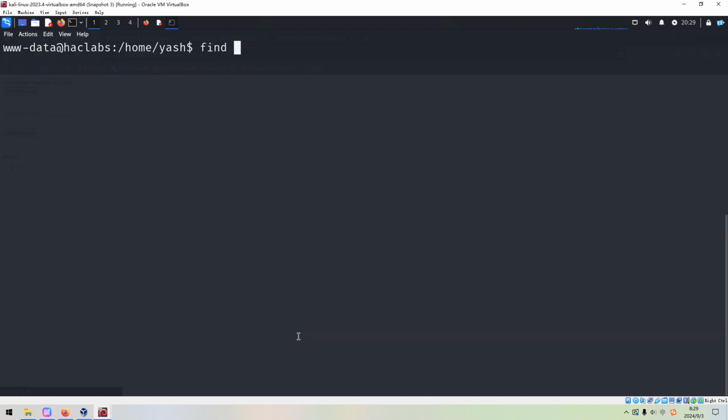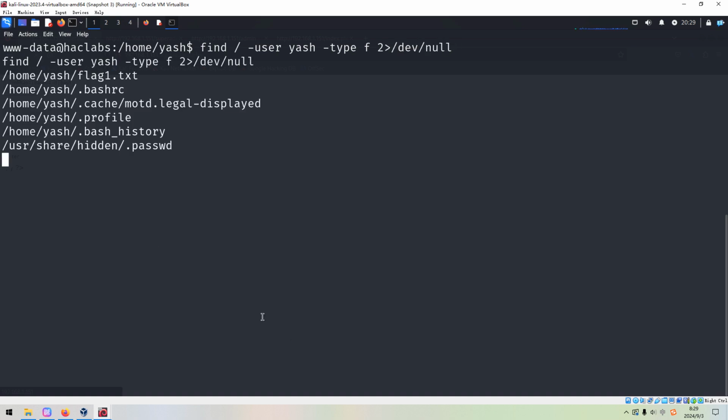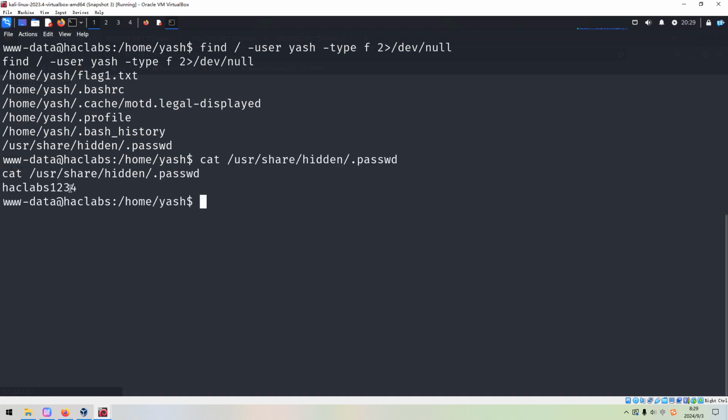We can use find, starting from the root directory, where the user should be Yash, and the type should be file rather than directory. As you can see, we successfully retrieved this hidden password file.